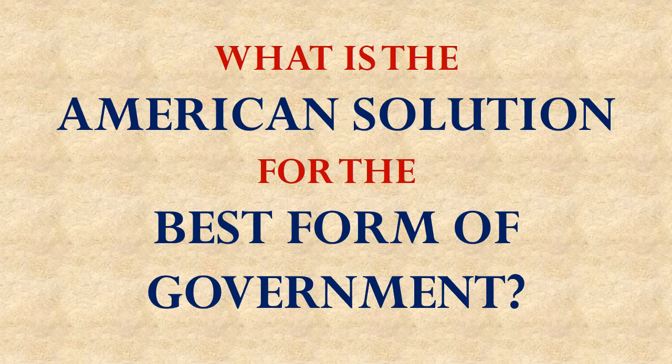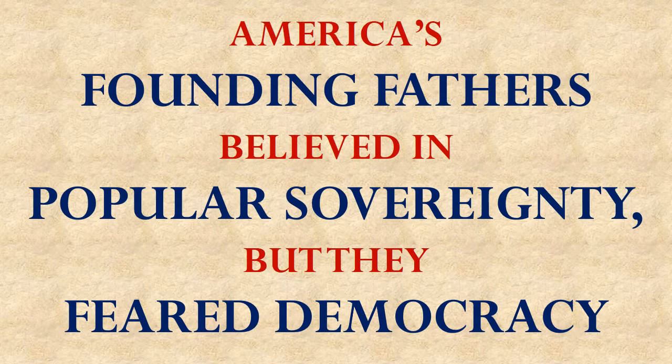While Aristotle's solution to the problems of choosing a form of government was to create a mixed government we call polity, what was the solution chosen by America's founding fathers when they created the United States of America? In creating what they believed would be the best form of government, the founding fathers faced a dilemma. They believed in a concept we have previously discussed in this course, popular sovereignty, which means that the people are the ultimate power in a system of government. This would seem to indicate that they would favor democracy.